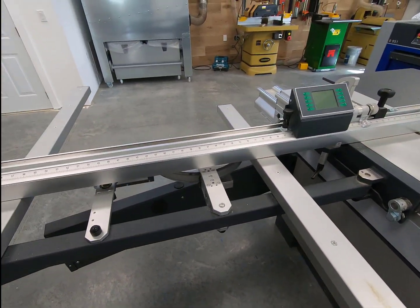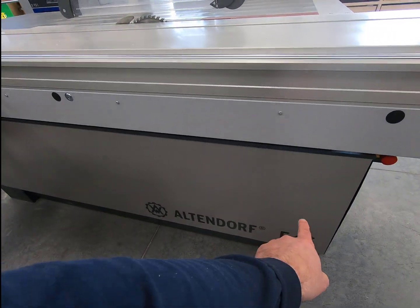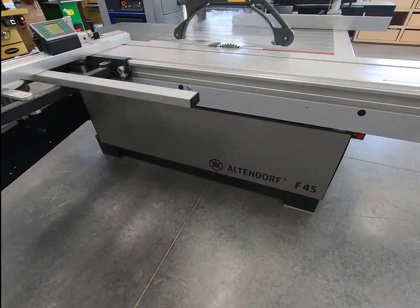It's very, very nice. Looking over the machine here, there's an option, I think, for a toolbox on one of these over here. That would have been kind of neat to get that. I think you put some